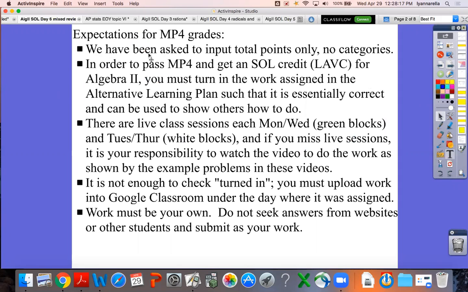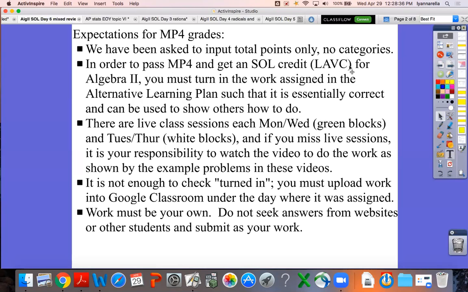And again, there are no answer keys accepted. If you just set up an answer key for me with no work, you will get 0 points. I have to keep saying that because people keep trying to slip in answer keys thinking I won't notice. I do notice. So in order to pass your marking period 4 and get your SOL credit, that's called a